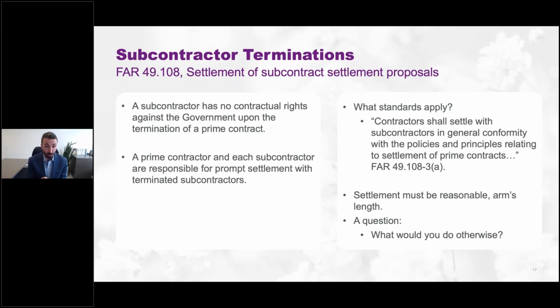The sub might have a really strong claim, the sub might really be entitled to all that it's claiming, and a hard look at it might get you to that result. And so if that's the case, you want to document that answer so that the prime can explain it to the government. But you also want to, going to the next slide,